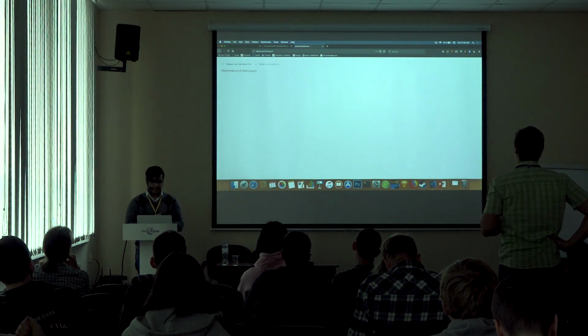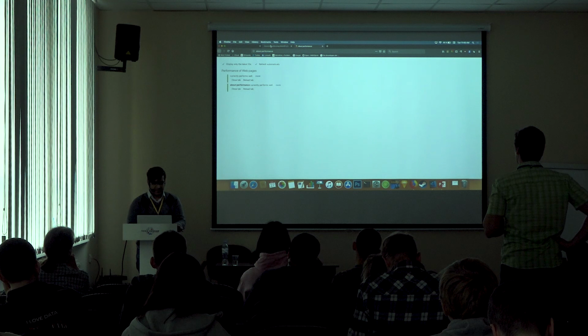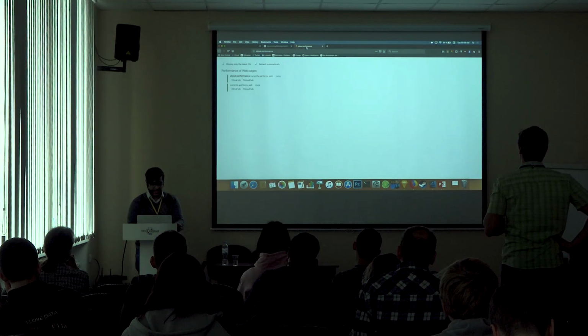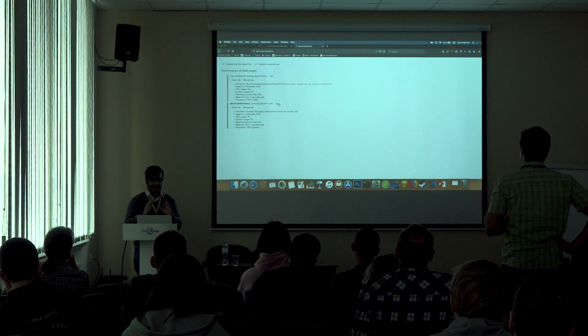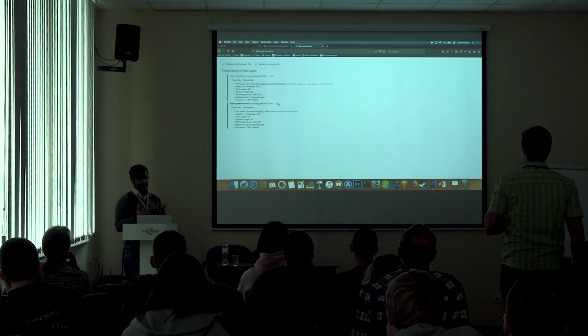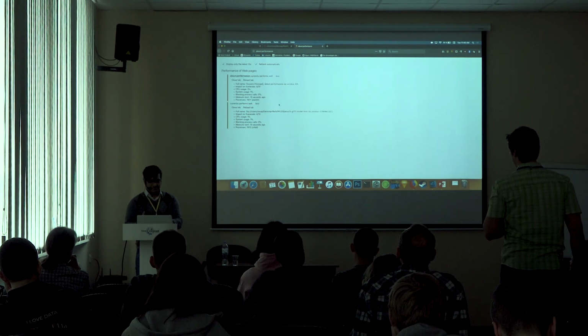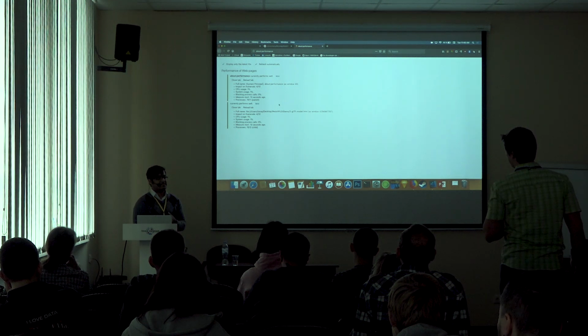So I use it particularly because of this feature, so it allows me to load different web pages and know more about the performance of the application. It helps me benchmark what the CPU usage or the memory usage is for that. So that's one of the reasons why I primarily use Firefox.